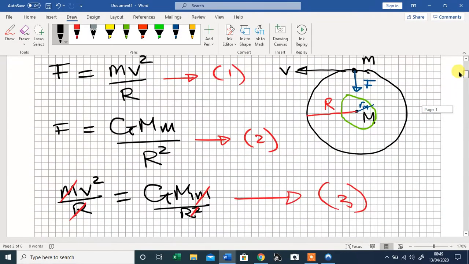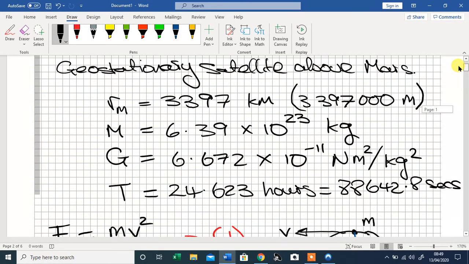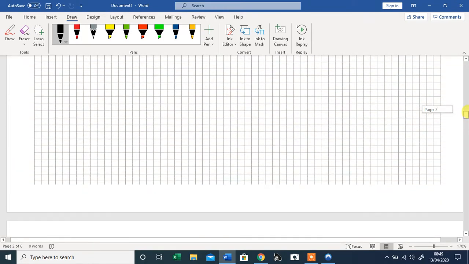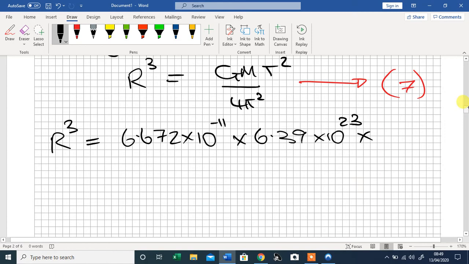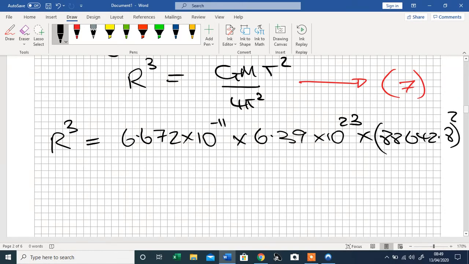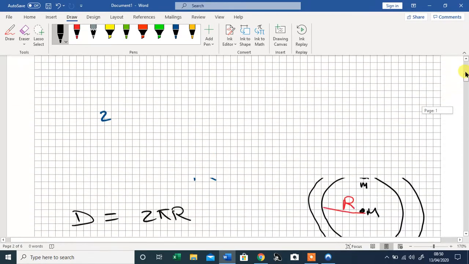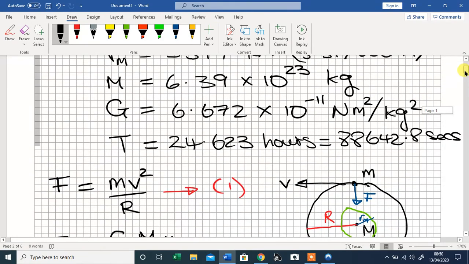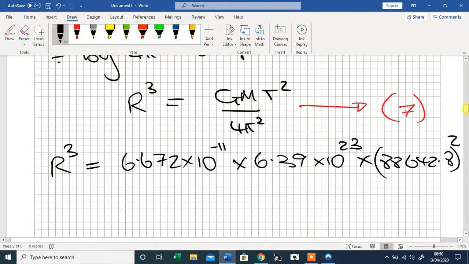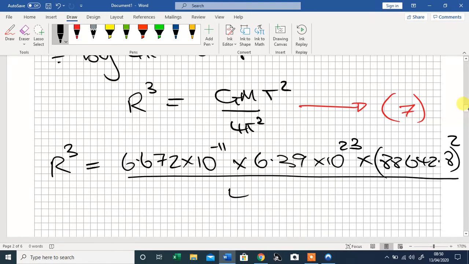T, which is 88642.8, all squared. I want to double check that because I've forgotten straight away. 88642.8. Yeah, looks like we're on the ball this time. Divided by 4 pi squared. Now, I haven't worked this out at the moment,